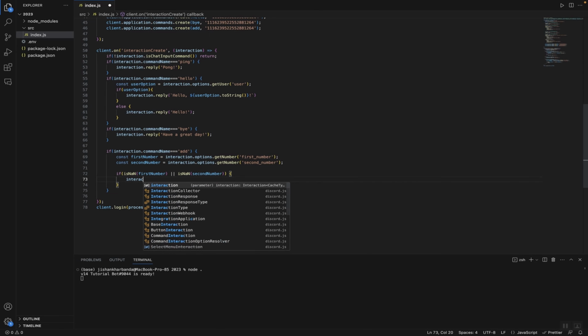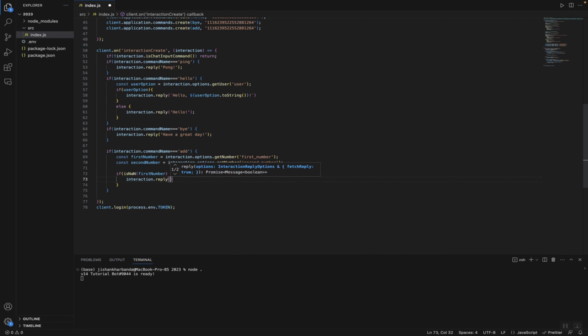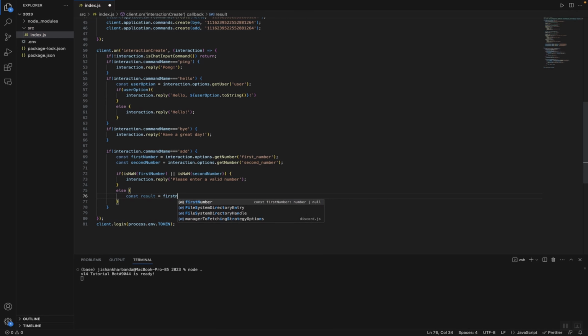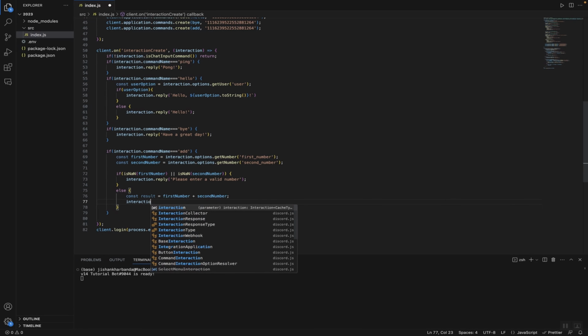Interaction.reply, please enter a valid number, just like that. And if this is false, head on over to the next thing, which is the else statement, and then actually just compute the result. So const result, and that's just going to be the sum of the first number plus the second number. And then once we have computed the sum, all we have to do is print that out